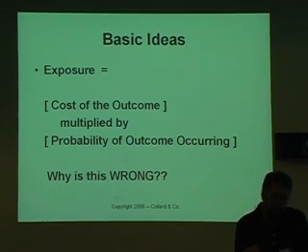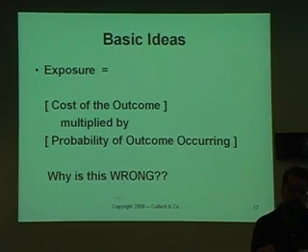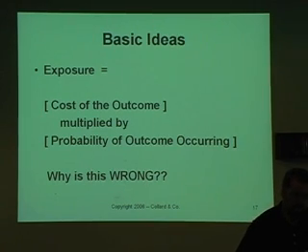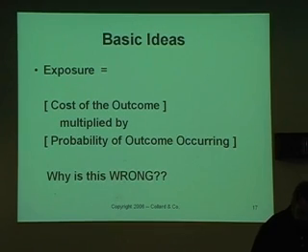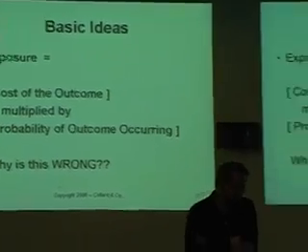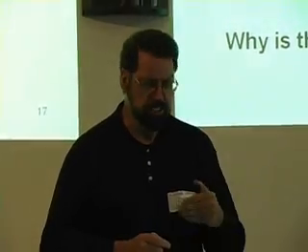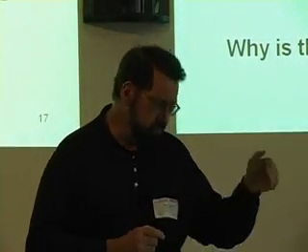Anybody like to tell me what's wrong with that as a definition? It's a good start, but yes, sir. It screws up extremely high cost and extremely low probability. Right. Let me repeat your answer and add a couple more. Your answer was it screws up at extremely low or high probabilities and extremely low or high costs. It's nonlinear. We know it's nonlinear. To give an example, if you think about it, if this formula is true, none of us would ever buy a lottery ticket, and none of us would ever have fire insurance, because if you took the cost of fire insurance multiplied by the probability of having a fire, the cost of not having fire insurance, the money you save,